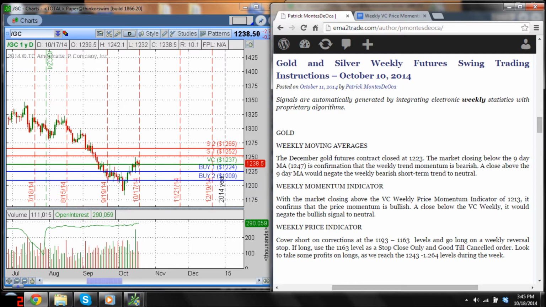If we look at the daily gold chart here on the left, these lines in red here that you see correspond basically to the resistance levels here that you see in the report from this week. But what I want to look at is what the market did based on the signals that were published on the 10th. When the market closed Friday the 10th at 1223, it told you that basically the momentum was still a little bearish, and that